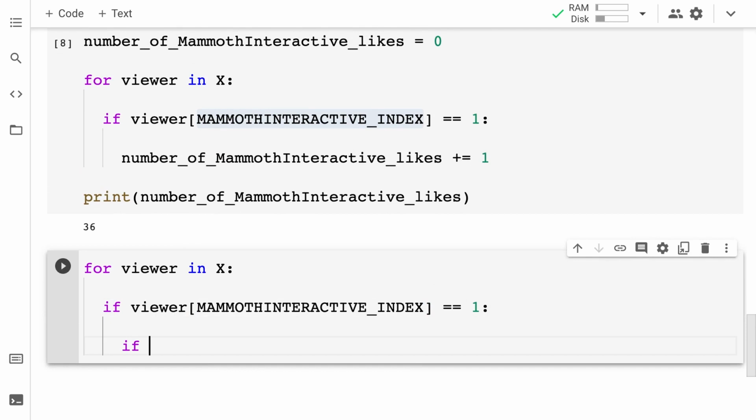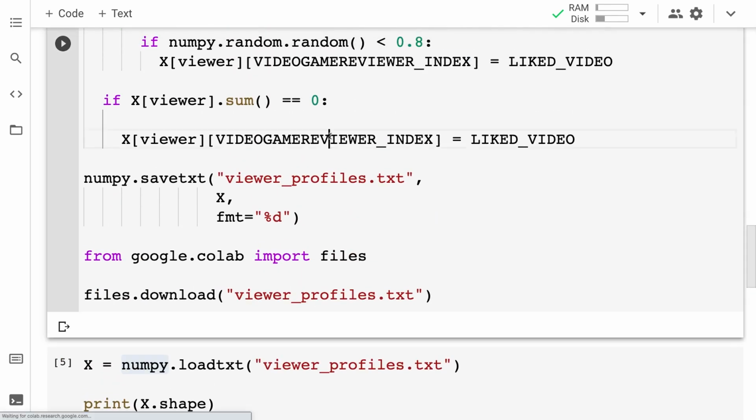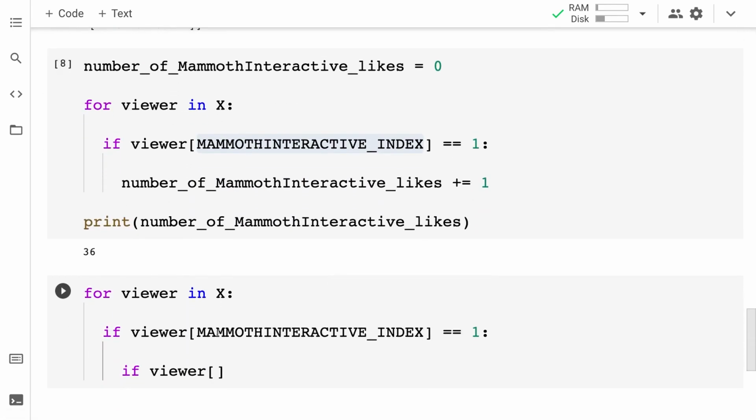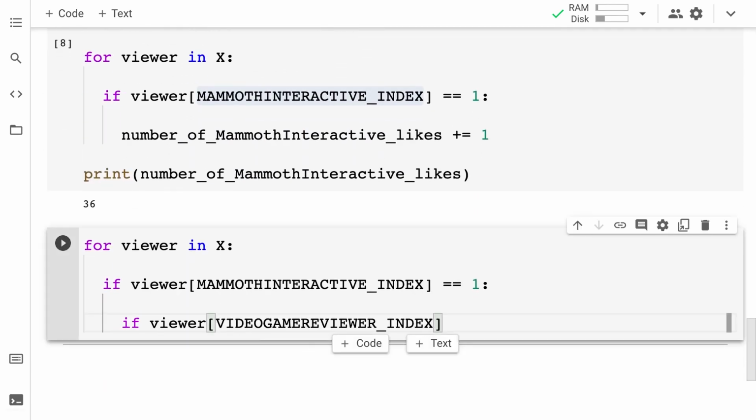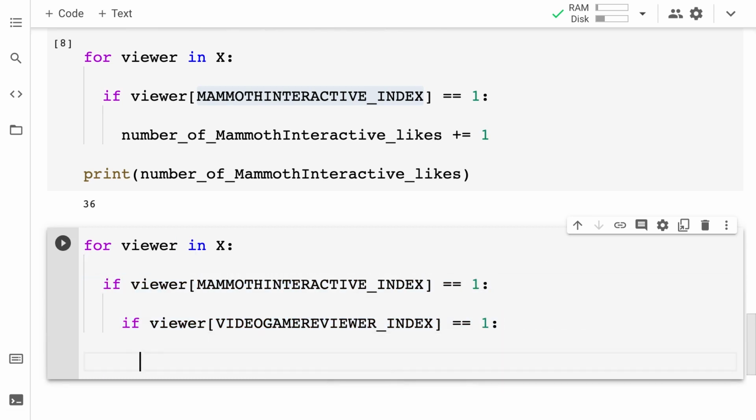And we'll add a nested if statement to check if the viewer at the other channel's index, the Video Game Reviewer index, if that column equals 1 as well, that means the viewer liked both the Mammoth Interactive channel and the Video Game Reviewer channel.